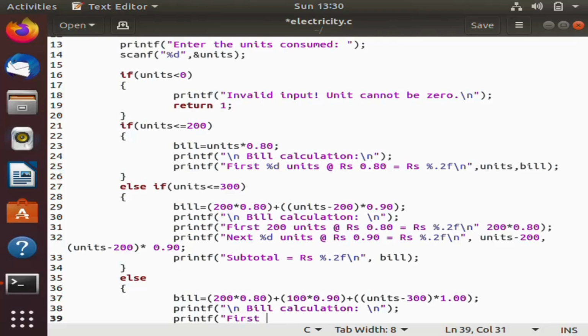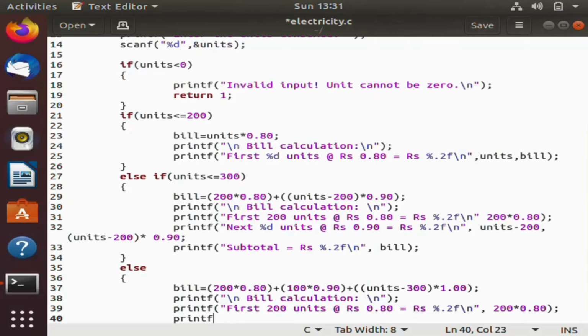So first 200 units at the rate of rupees 0.80 equal to rupees %0.2f, and I have to print the value here, that is 200 multiplied by 0.80. So first is done. Next, for the next 100 I have to show next 100 units at the rate of rupees 0.90 equal to rupees %0.2f \n. So here it is going to be 100 multiplied by 0.90,